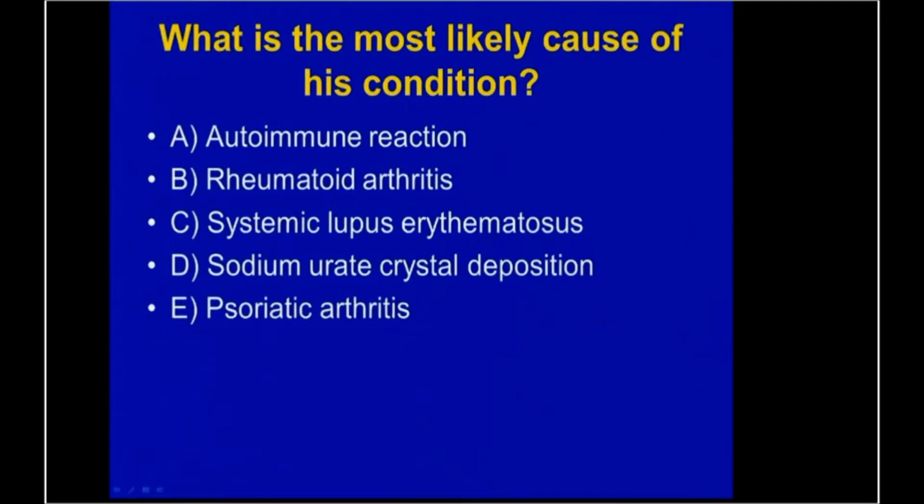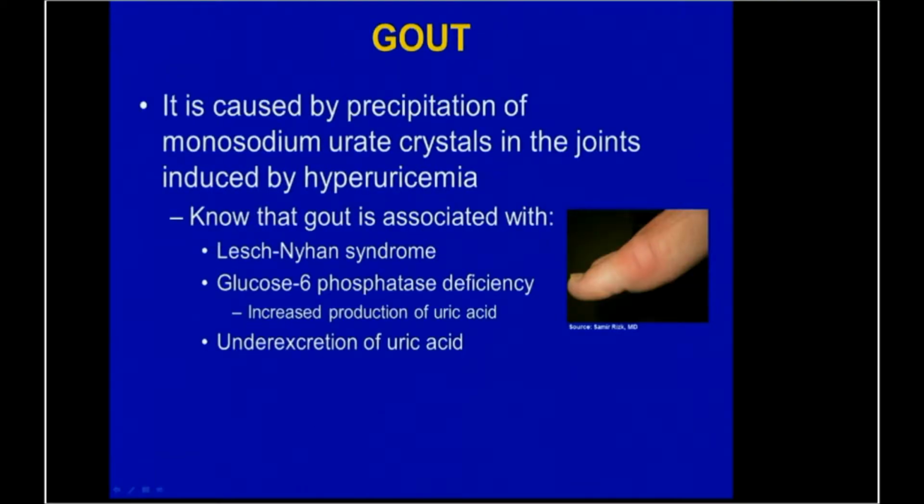For sure this is the classic presentation of sodium urate crystal deposition. So basically it's not uric acid deposition, it's sodium urate crystals deposition. And that's the main reason for the gout, which is monosodium urate crystal in the joint, seen in patients with